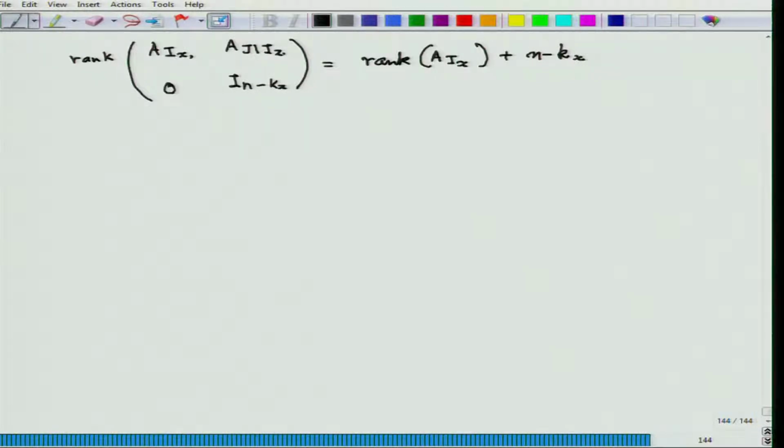Because n minus kx corresponds to linearly independent columns, and only the linearly independent columns in this matrix now add up to give you the rank of A. So, we have split it up like this. So, the above matrix equation, the one which is in the previous page,